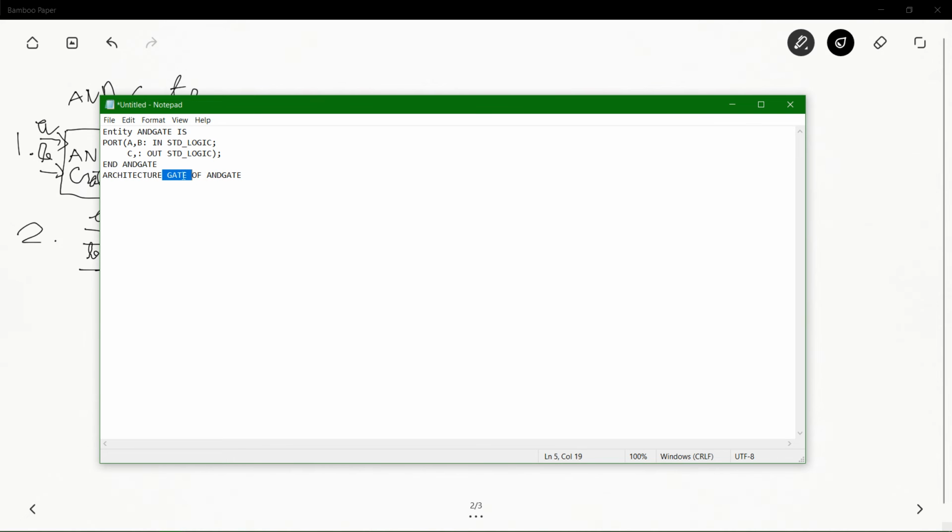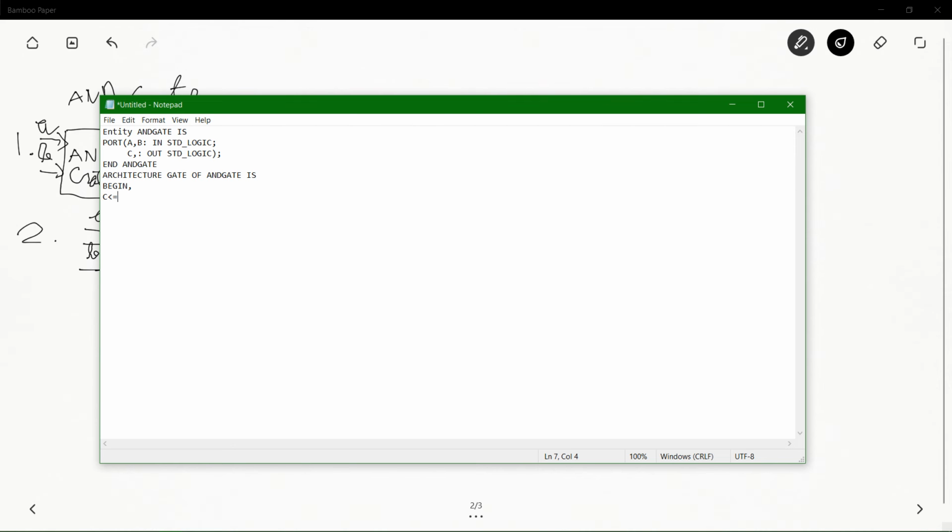So what is happening here: architecture, then we are giving some architecture name, of, then we are calling the entity name here, which is AND gate, that I have already mentioned in the above example. Is, and then enter, then begin,